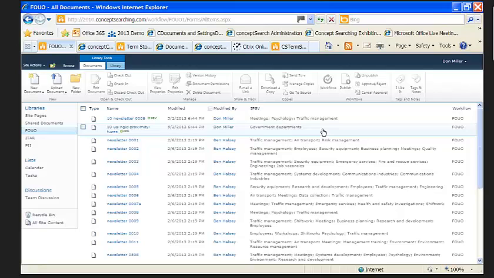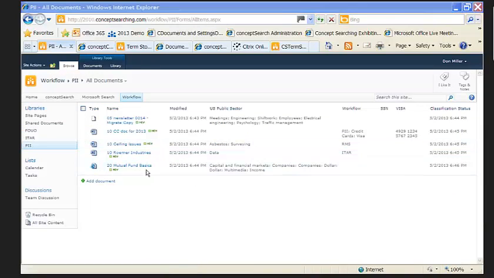The first is, you walked through uploading documents, but does the same practice apply if you're creating, say, web pages within SharePoint? So you go to Site Actions, new page, create the page. Does it kick off the auto classification? Yep. So we did upload a web page here, the 20 Mutual Fund Basics